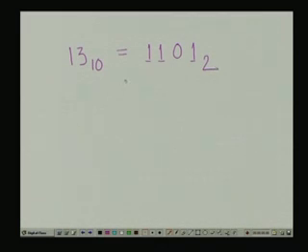So, if I want to check what is that 1, 1, 0, 1 in decimal, then